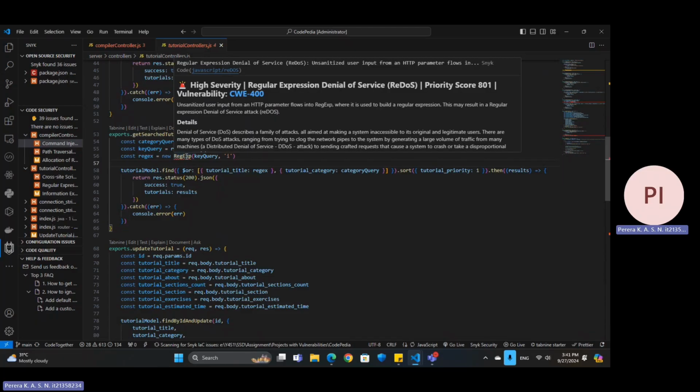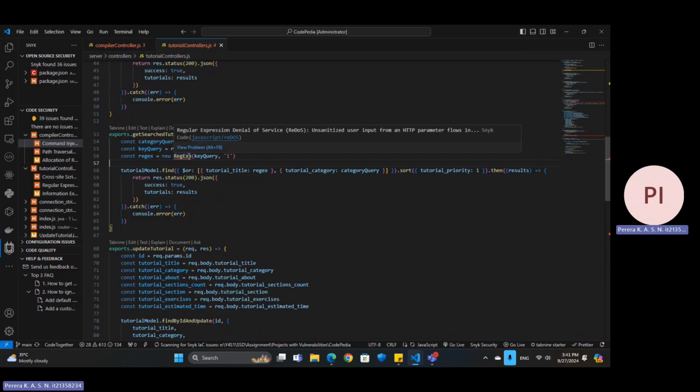In the search function of the application, we use a regular expression to match a user's query. The issue here is that the key query, which comes from the user, is passed directly into the regular expression constructor. This allows a malicious user to input something complex and exploit the engine's backtracking behavior, slowing down the server